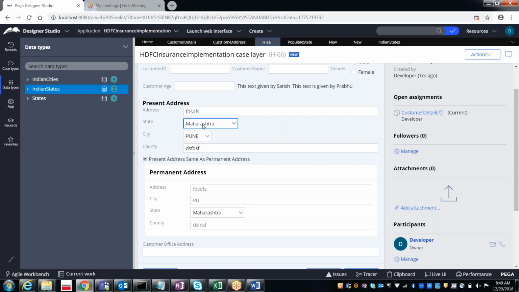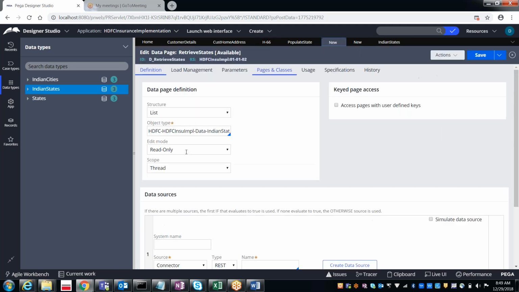Not only population of values. I am just telling this is one scenario here with the states. Sometimes we may use the page for some other purpose as well, in our work object, where we will be doing the processing. So that is the main difference between these three edit modes. Read only means we can just retrieve the data from the data type. Editable means we can even modify the existing values. Savable means we can save into the data type.